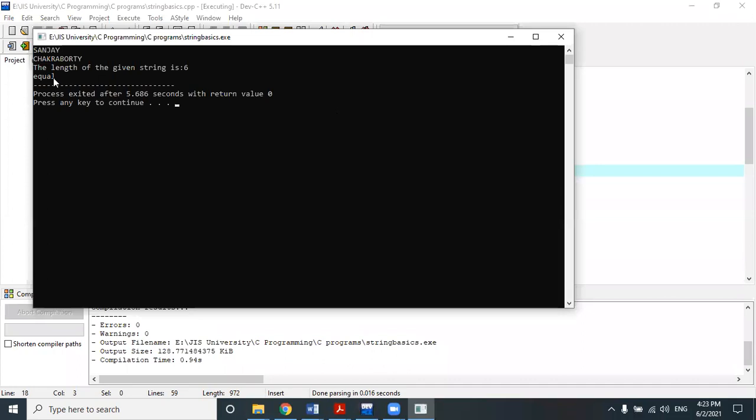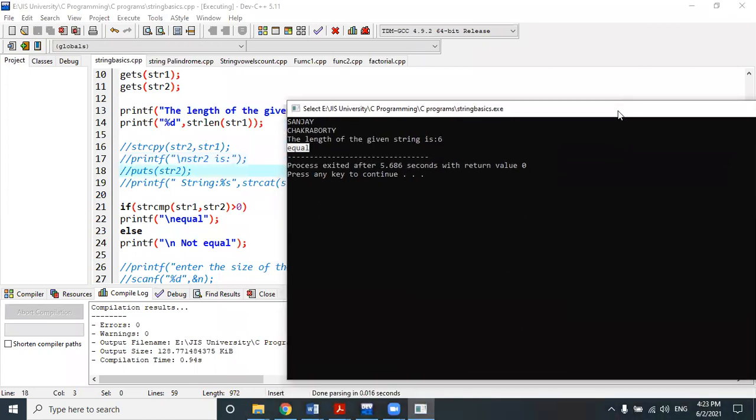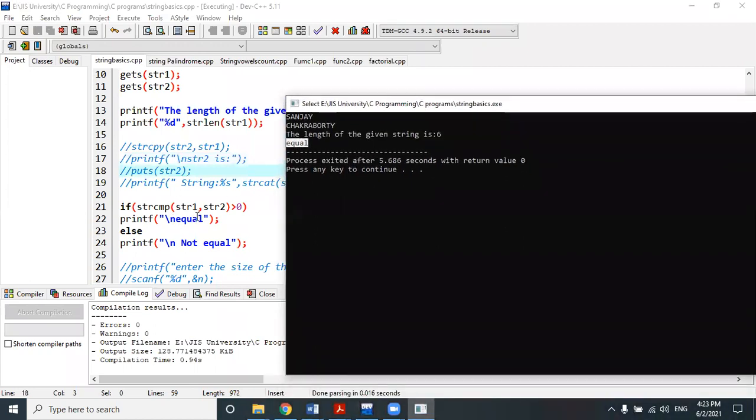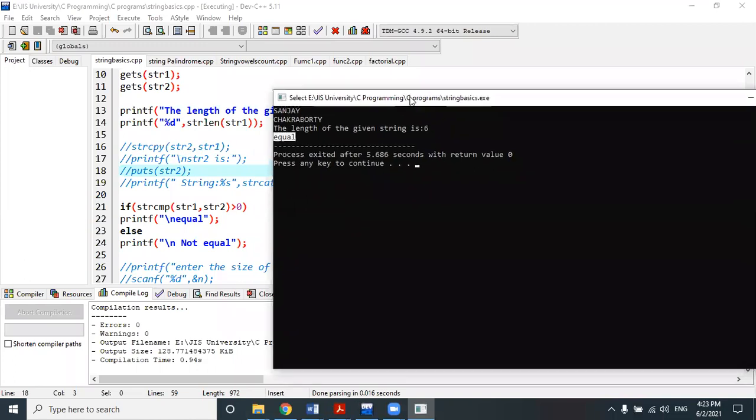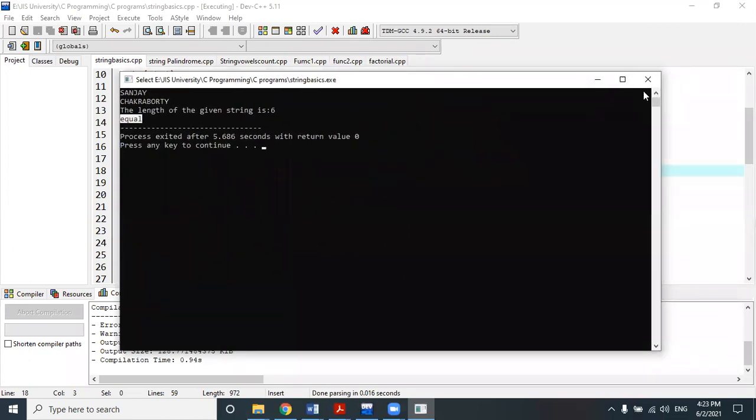So for greater than 0, it actually supports it: string 1 is greater than string 2. So the number of characters, it is not showing in the form of number of characters.